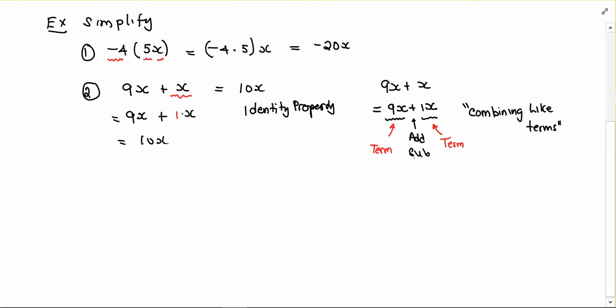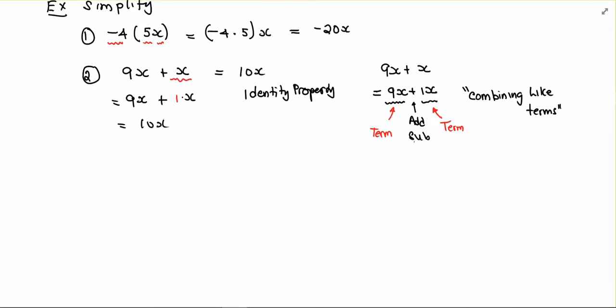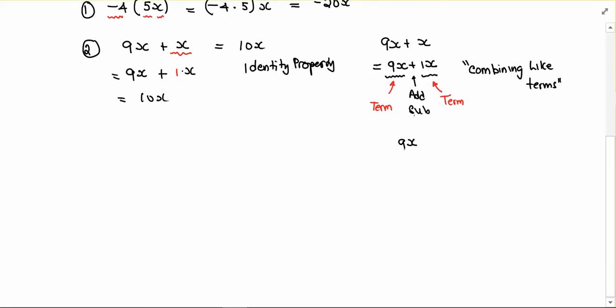And if you look at a term, so if you focus in on one of these terms, so if you just take, say, the first one, there are clearly two parts to it. This part in the front, that part there, the number, that's called the coefficient. And this part here, that's the variable part. And we say two terms are alike